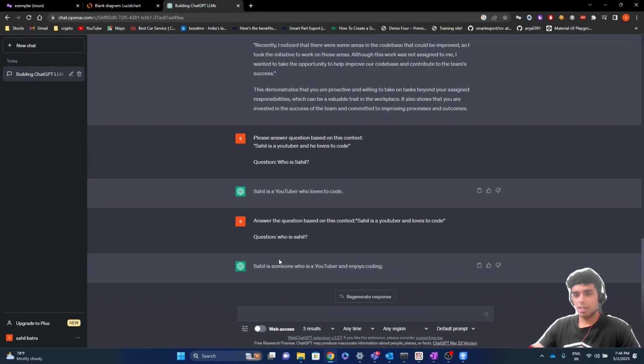So basically, passing the context solved the problem. Now what if I pass all my WhatsApp chats and all my personal diary data to this prompt? This will give all the answers based on that. But there's a problem: there's a token limit to this prompt. You cannot pass more than 3000 tokens to it, which means you cannot pass more than 2600 words, including output and input. This is the problem we need to solve in this video. For this, we'll be using embeddings.